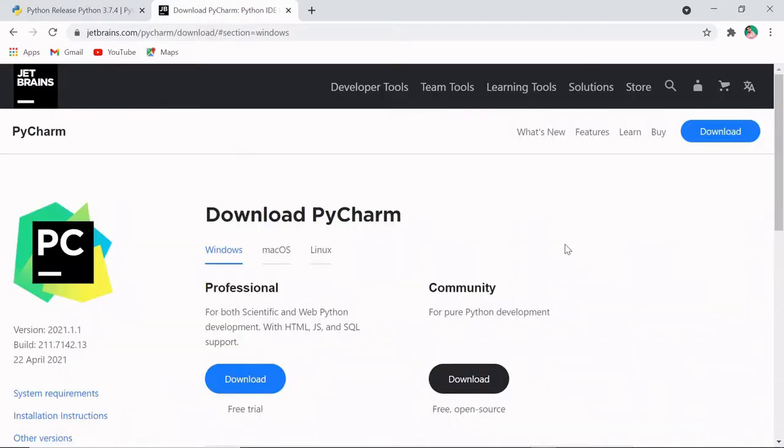After that, you have to download any IDE or editor of your choice. I am going to use PyCharm. If you are going to follow along, then I will suggest you to download this PyCharm community version. Just click on this download button and it will be downloaded. The link of how to download and install PyCharm IDE on your systems is given in the description of this video. Go and check that.